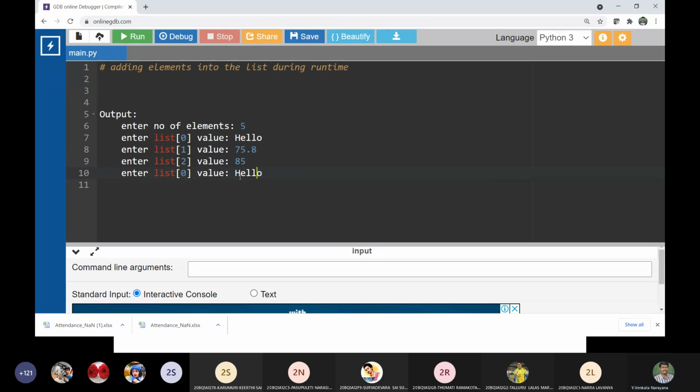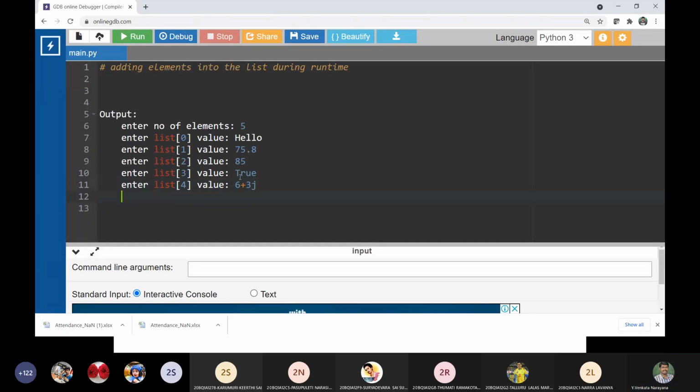Is any complex number possible? Do you know about complex values? What is the form of a complex value? A plus bj. Okay, so 6 plus 3j. This is the complex value that I'm supposed to give.